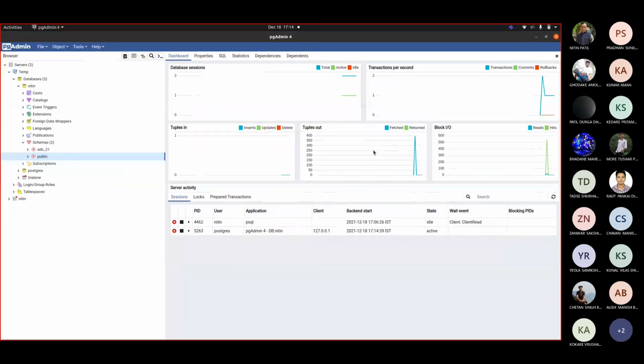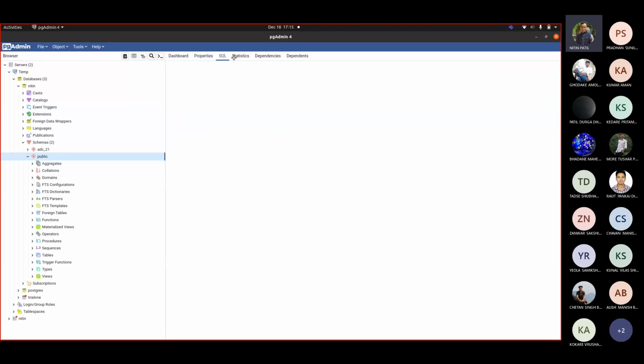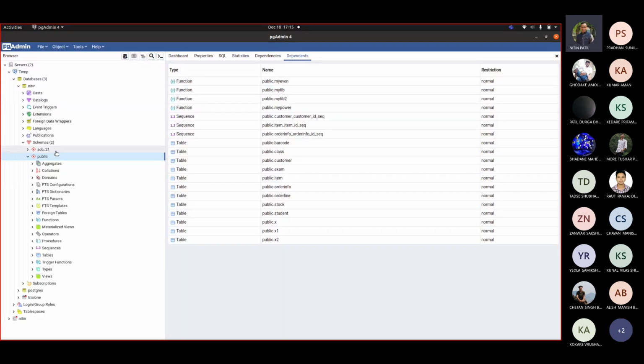Now let us see this public. Fine. Now if you want to see other properties, they can be seen here: all statistics, dependencies, and template. Now we don't have anything. So in public, these are the different things that are possibly there. Let us go to tables.